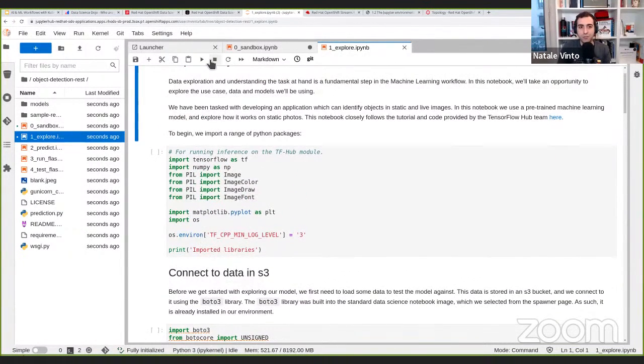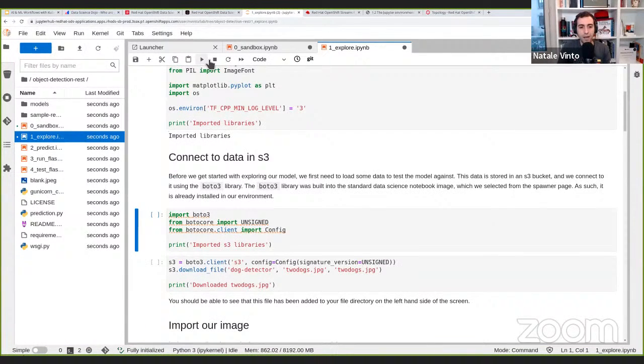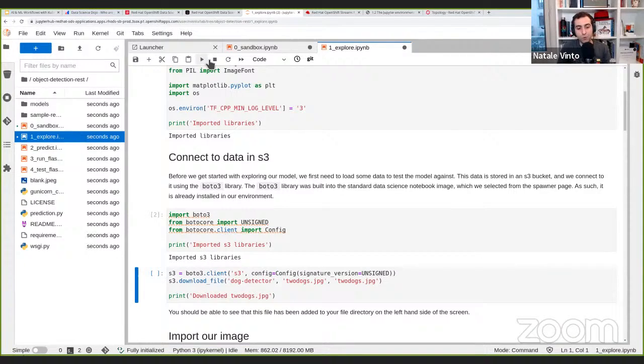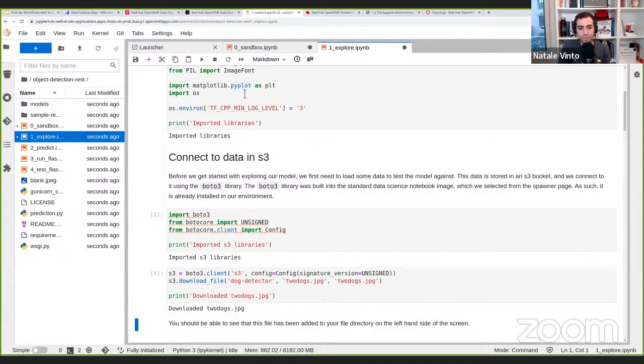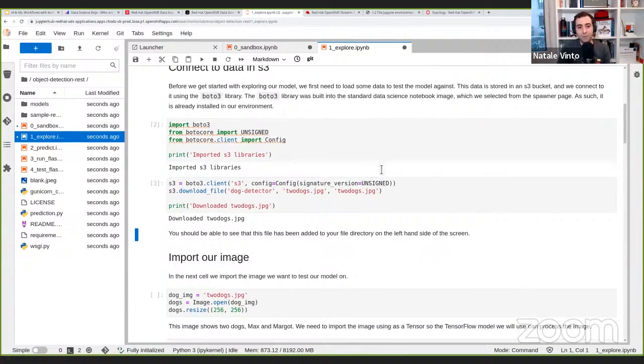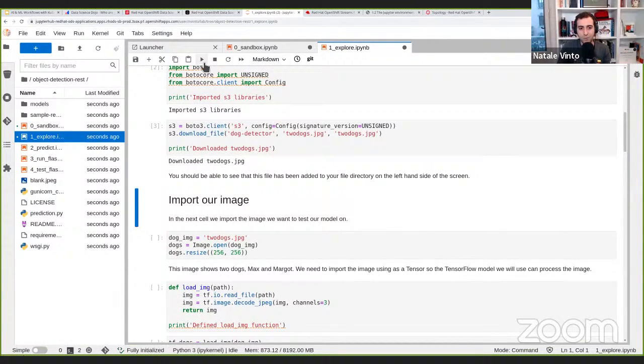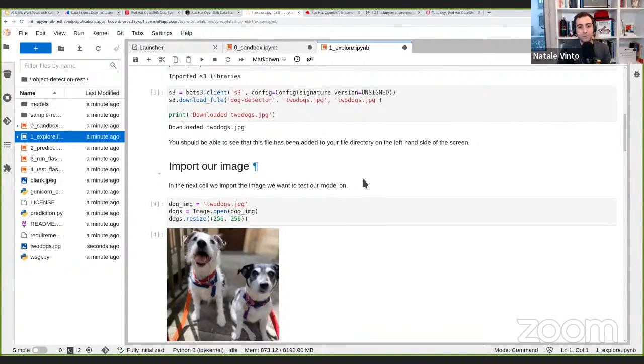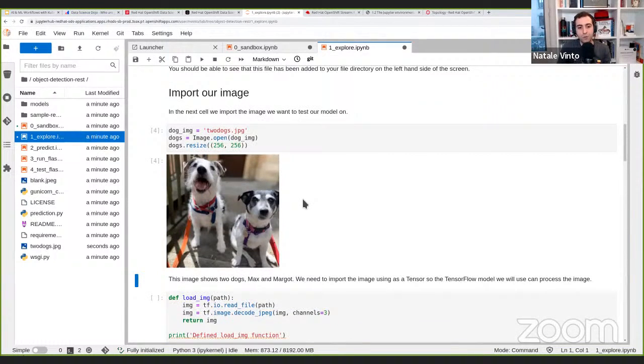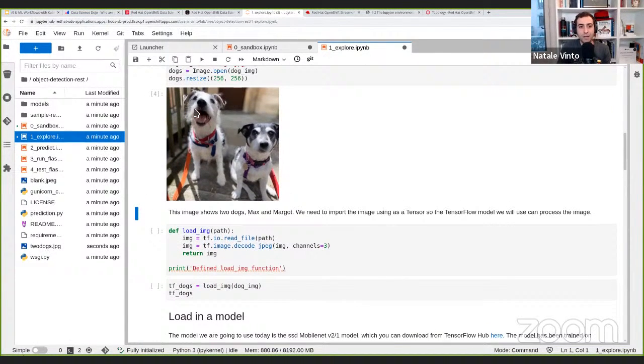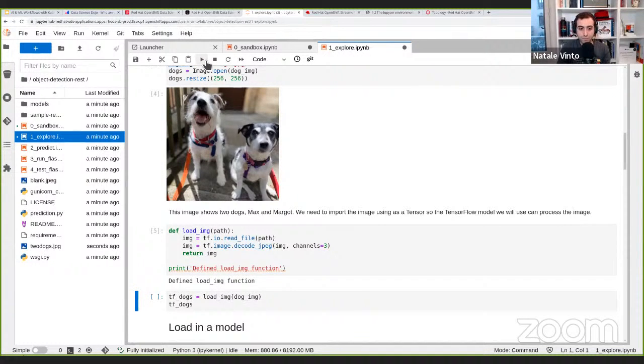If we just follow along with the instructions, we're using TensorFlow. We're using some images because we want to do image recognition. And so we start from some images that we put on S3. So we're going to start from this image over here, and then we're going to load a model which is already